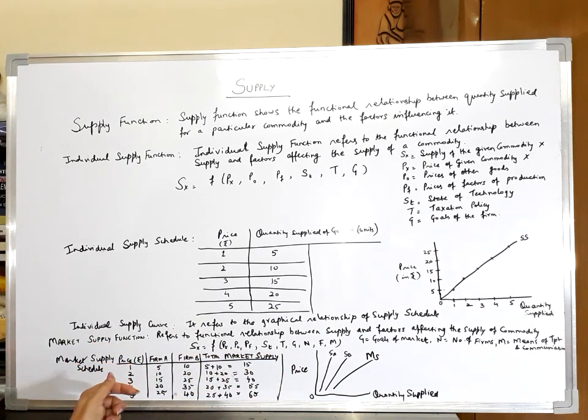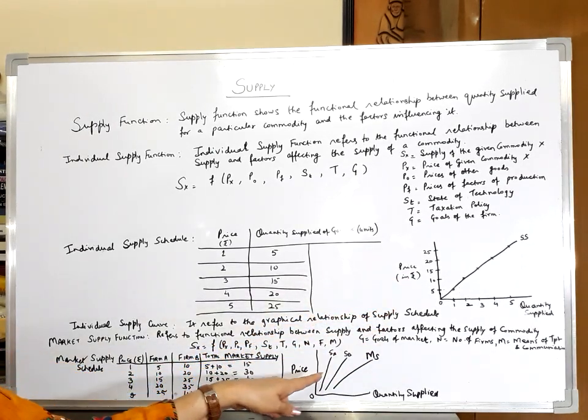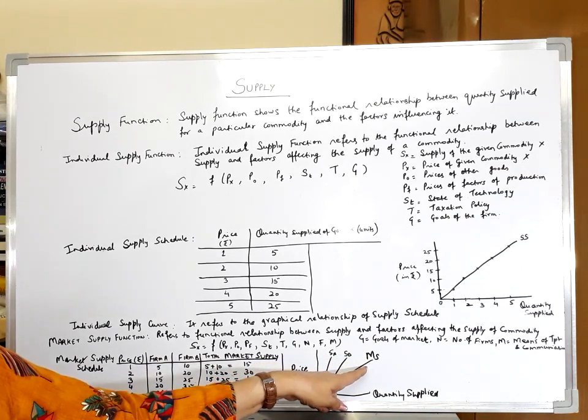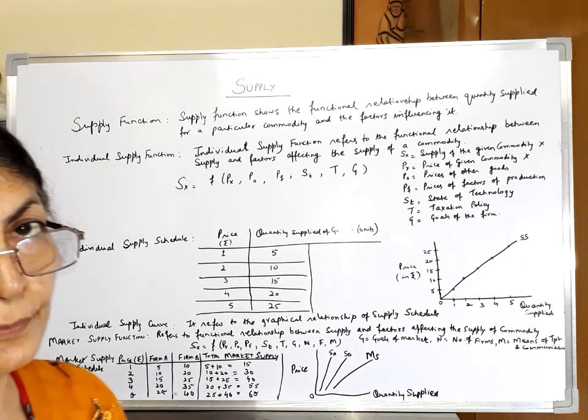The market supply schedule has been made for your benefit. For the sake of simplicity, we assume that there are only two firms in the market, firm A and firm B, and we have taken the total amount supplied by these firms at the different prices from 1 to 5 rupees per unit, and here we have the market supply schedule. As price increases, more will be supplied in the market, and therefore we have rising supply curves. We have the supply curve of firm A, the supply curve of firm B, and MS stands for market supply curve. So we find that they are all rising curves, indicating a positive relationship between price of the commodity and quantity supplied.